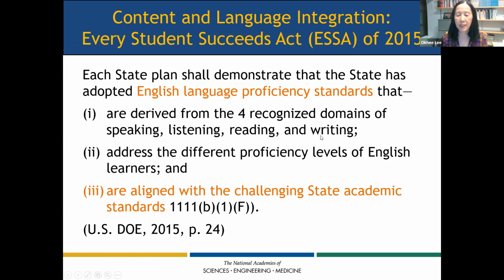And when I see this, I say that ELP standards are limited because they have only the linguistic modalities. Do you see that it does not include non-linguistic modalities of tables, charts, and diagrams? For ELP standards, non-linguistic modalities that we consider critically important in science are not part of it. So you can see the limitation. Address different standards. And then it says that English language proficiency standards are aligned with content standards.